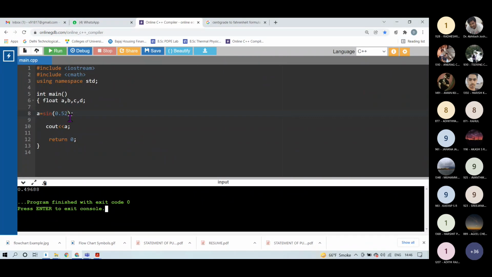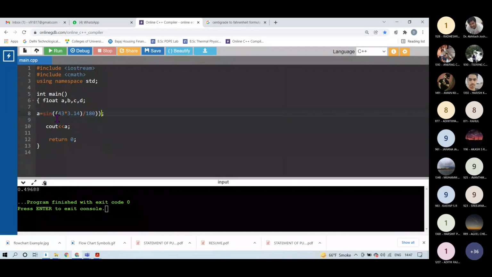So what I can do is write 43 multiplied by 3.14 divided by 180. These brackets you have to choose very carefully, otherwise it will show some error.